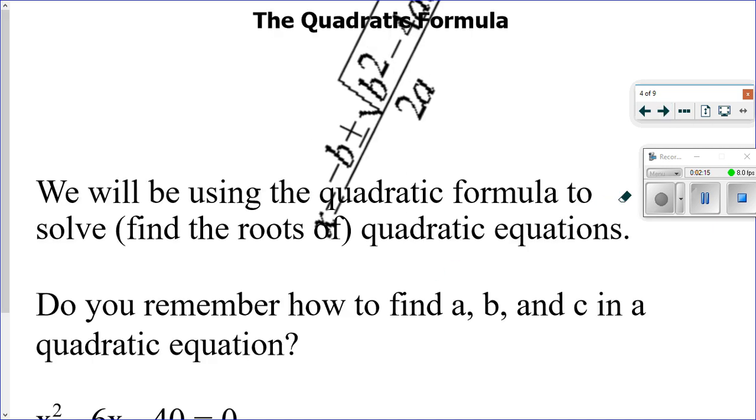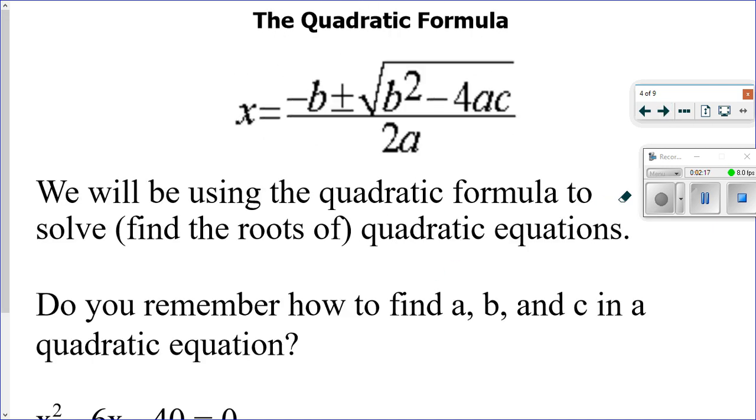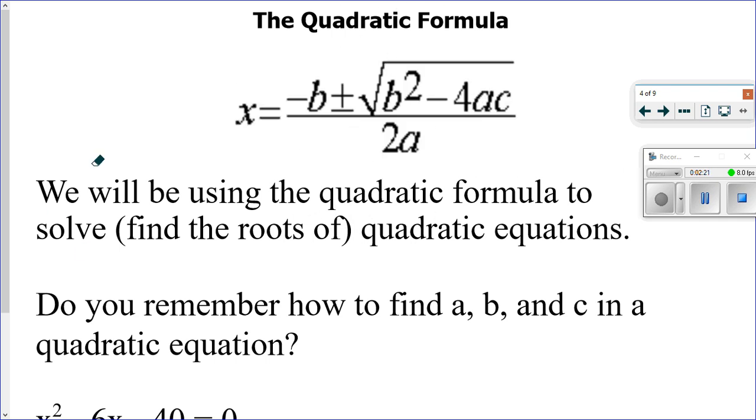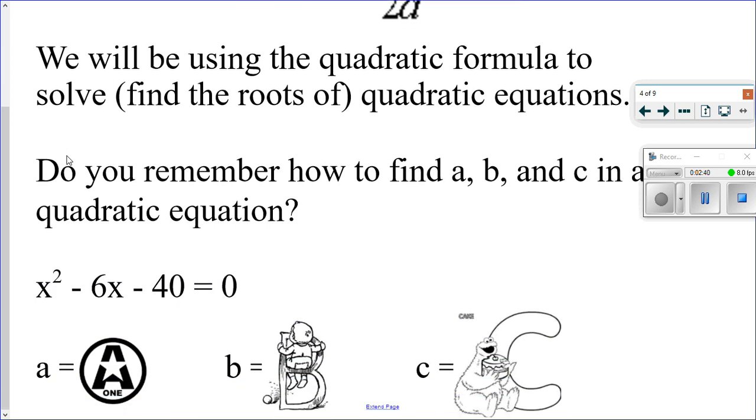So there's something called the quadratic formula. And this is a rather complex looking equation that you're going to have memorized by the end of the unit, or at least you better. So it's negative b plus or minus the square root of b squared minus 4ac, all divided by 2a. So what the heck is this? Well, before we delve into it too far,